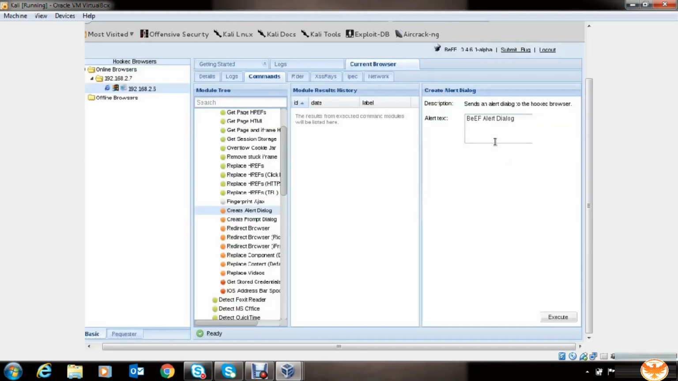Let's see how it happens. If you click on install, you can see it is downloading something from GitHub. If you open it,